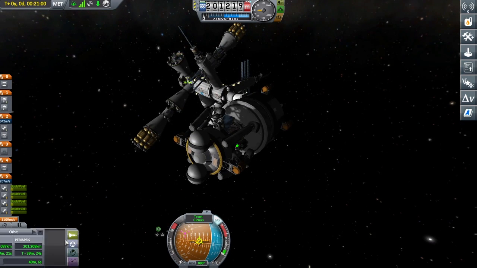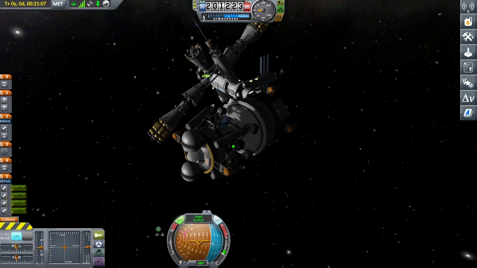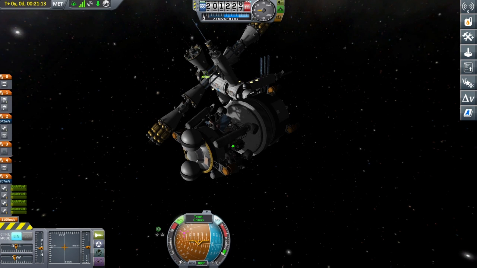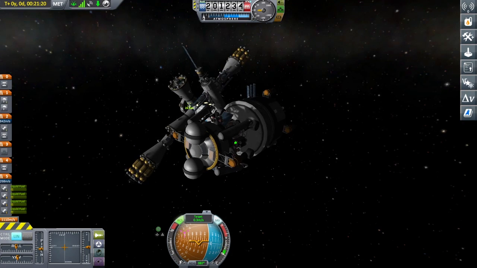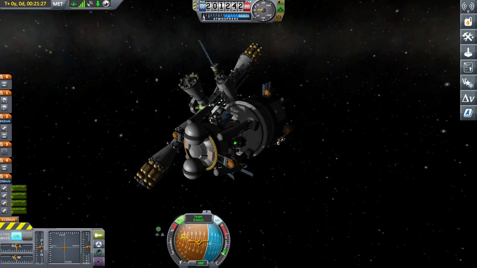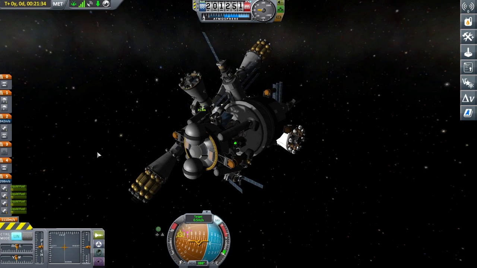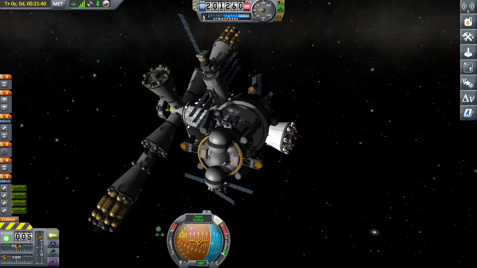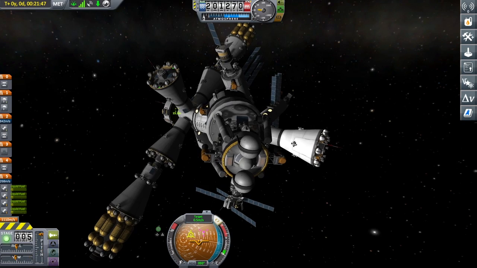So let's switch over to docking mode, turn our RCS thrusters on. Just wanting to approach nice and easy. So there we go. And there we go. I just want to park her right over by this fuel booster. And then we'll...